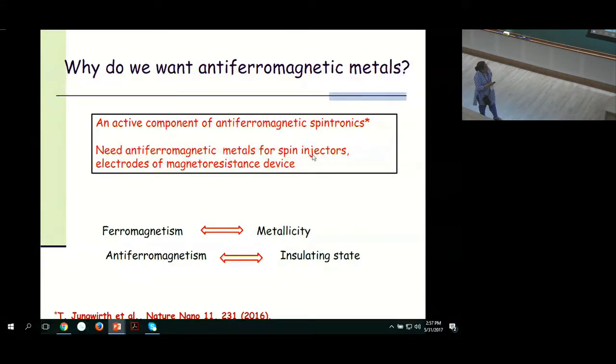So anyway, what one usually associates is a metallic ground state with ferromagnets, whereas you always have antiferromagnetism accompanied by an insulating state. So antiferromagnetic metals are quite rare, and especially if you look around among the transition metals, you have chromium as an example, where nesting is believed to be the mechanism by which chromium has this unusual antiferromagnetic ground state. But you have very few other examples, especially among the transition metal oxides.